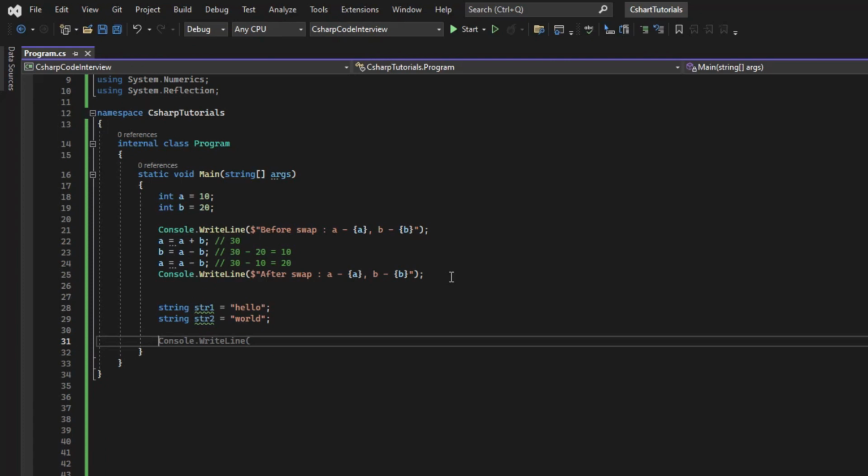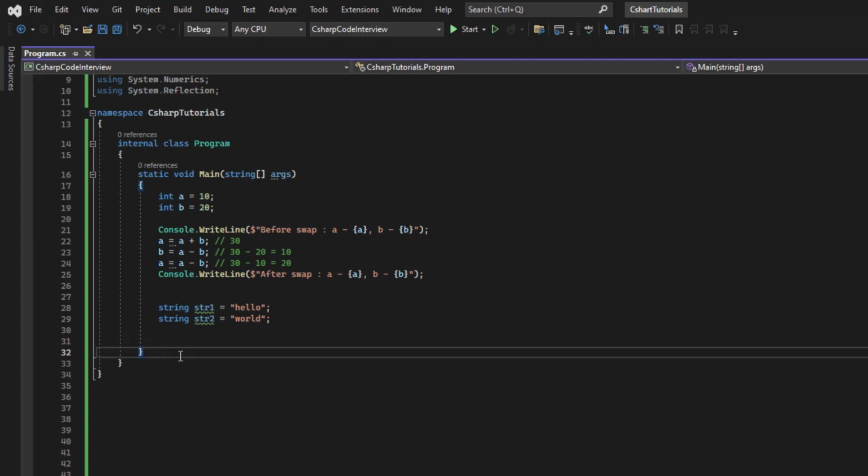So I have two strings. Now I have to swap them. So I need to swap them with the same method, right? So for that maybe I have to use ref. Yeah, I can have something like this. I could have moved this to a